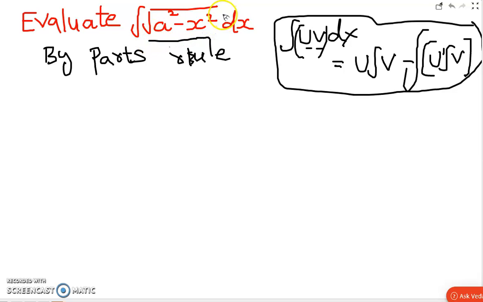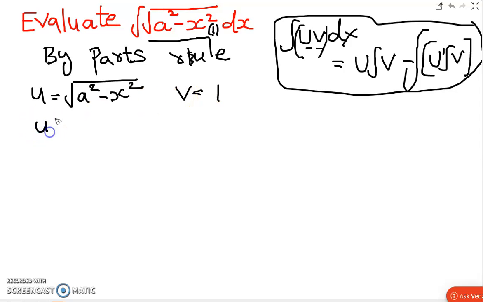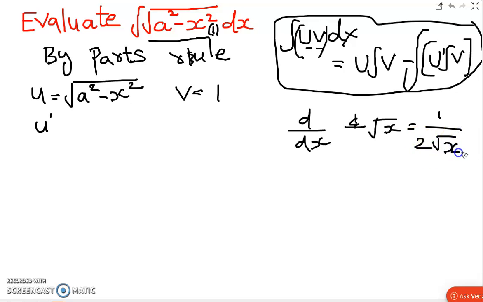So here this entire value is u. We don't have a v value, so let's multiply with 1. The u value is under root of a square minus x square. The v value is 1. Okay, u dash means what? We know the formula, d by dx of root x is equal to 1 by 2 root x. So u dash is nothing but